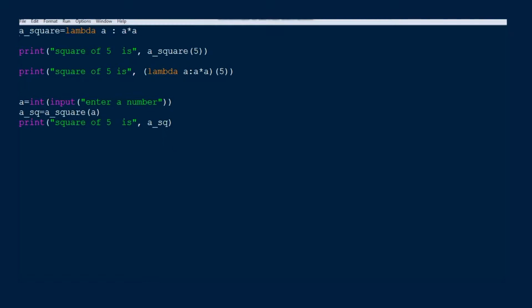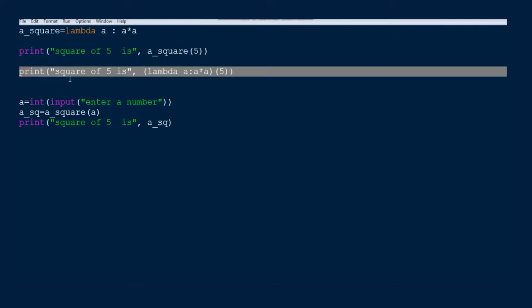Here we can see different ways for writing lambda functions. First, we have defined a lambda function that takes an argument and returns the square, assigned to an object named underscore square. Then we have a print statement. In the next print statement, we have invoked the lambda function directly by passing an argument to it.